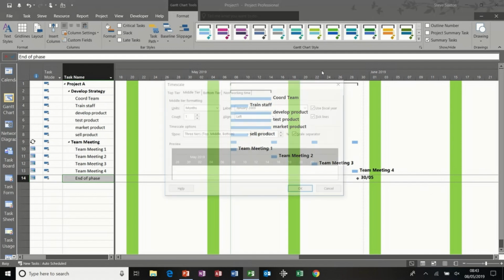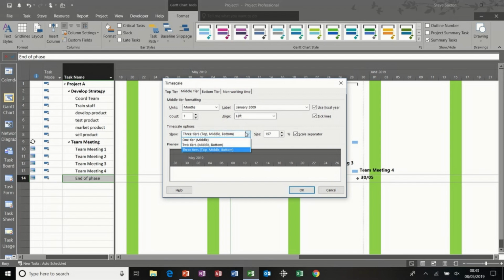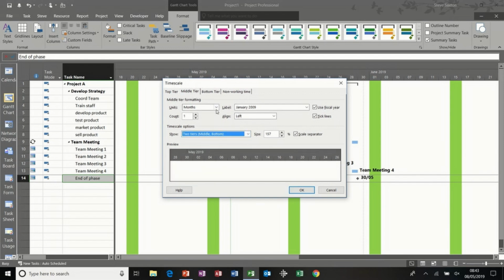Putting it back to default is 2 tiers. The default setting is 2 tiers, and the two tiers you work with are the bottom tier and the middle tier, so the bottom tier needs to be on days, the middle tier needs to be on weeks, days and weeks. Click OK to that,